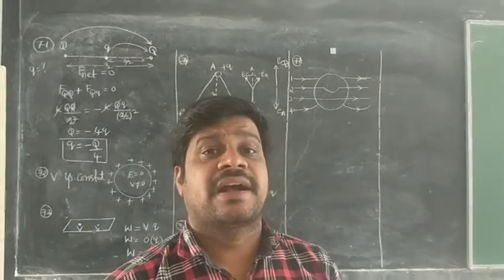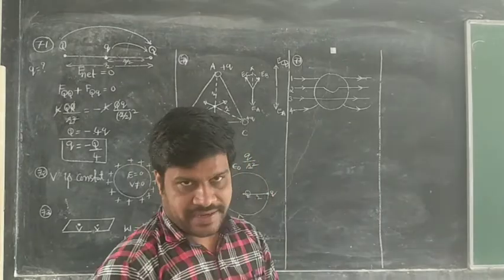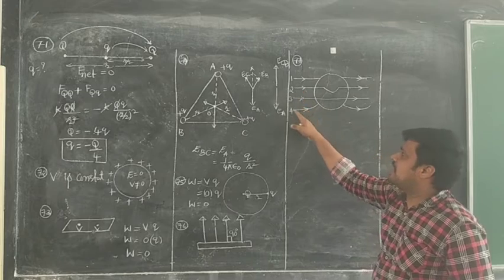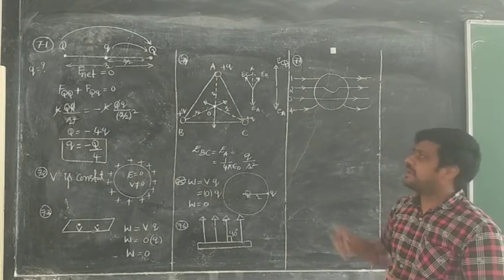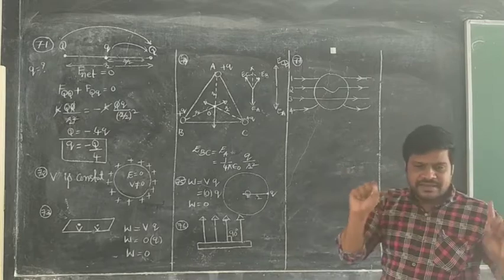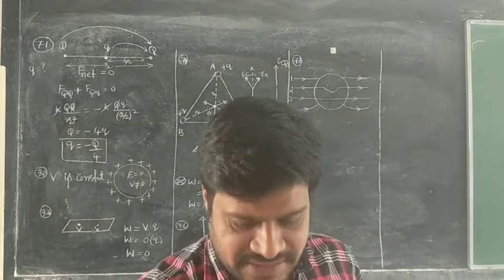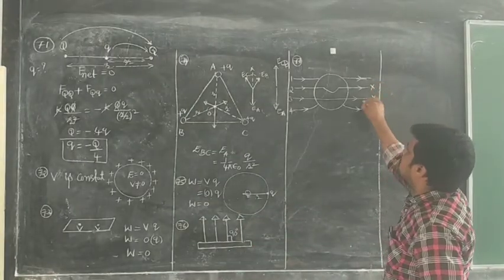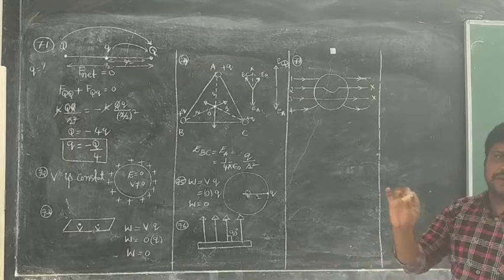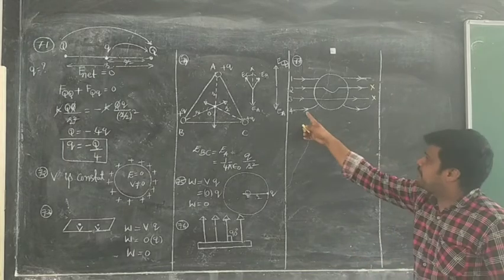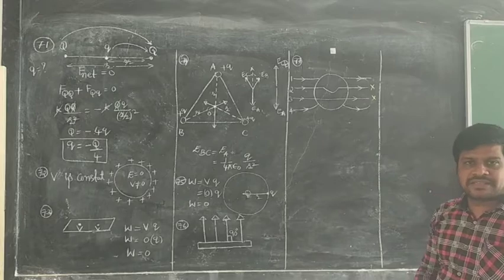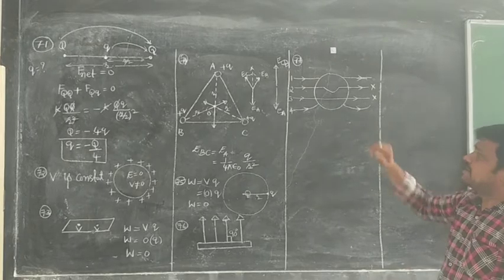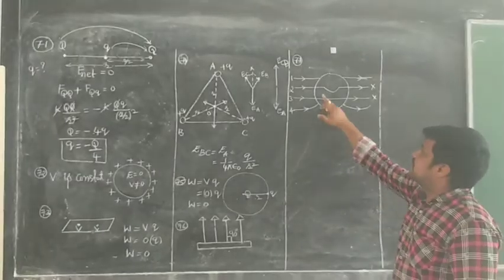Which path is the correct path for this? In the diagram, electric field line 1 or 2 or 3 or 4. Which is the correct path for a solid sphere? Actually, electric field lines never intersect inside a conductor. So these two pass through the conductor. Because of that, these two field lines are wrong. Here, the fourth one and the first one are not passing through the charged sphere, the conductor. Because of that, these two are correct.